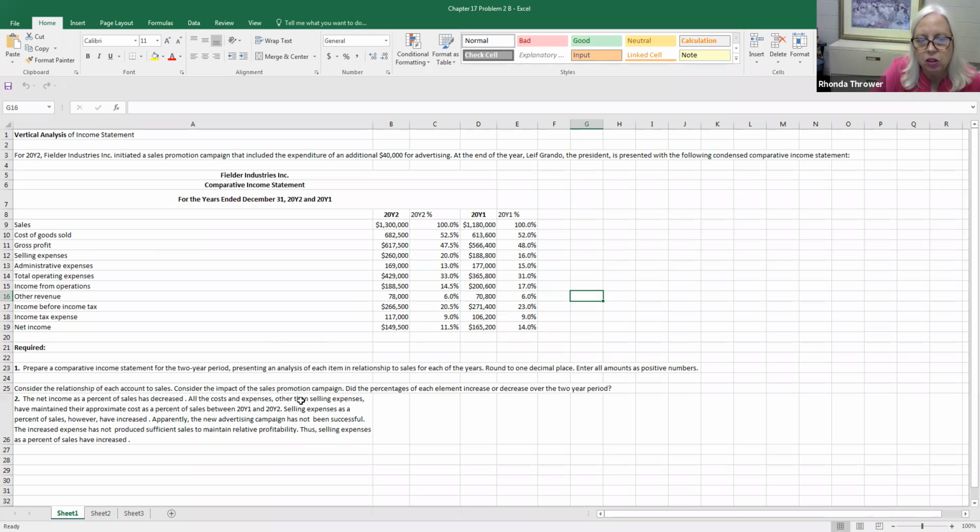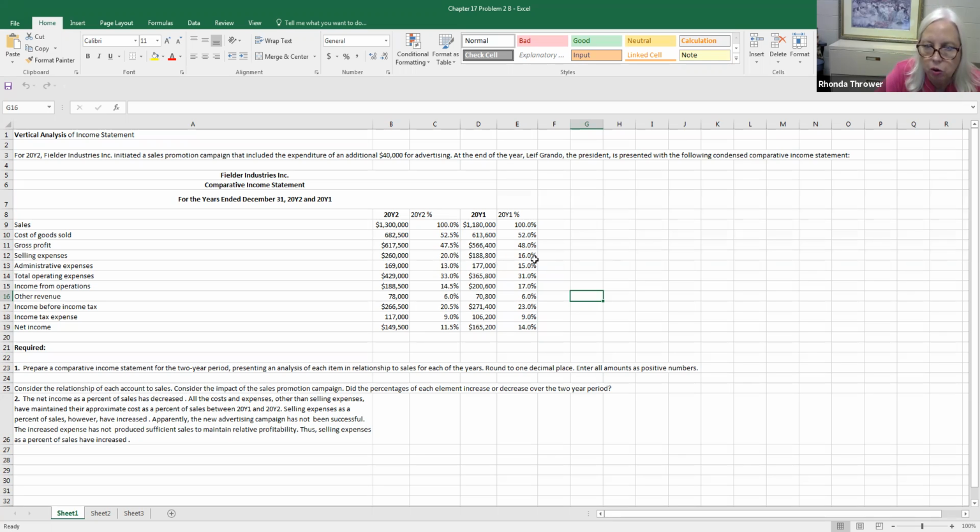So what they're asking you for is to consider the impact of the selling promotion campaign on the relationship to sales. What you'd be looking at is the selling expenses, and you can see that in 2001 the selling expenses were 15%, but in 2002 the selling expenses,